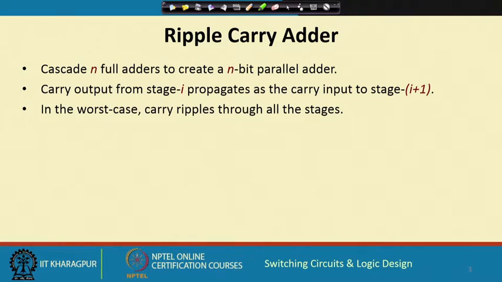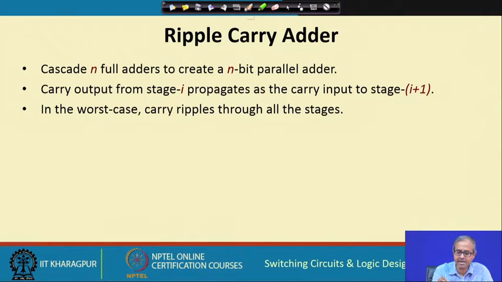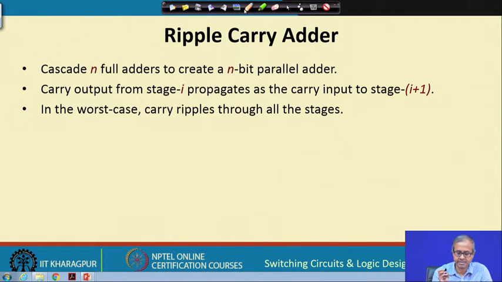Okay. So, the ripple carry adder essentially just works on this principle. We take n full adders, that means we want to design an n bit adder, and simply cascade them, connect them one after the other. So, I shall show you how they are connected,